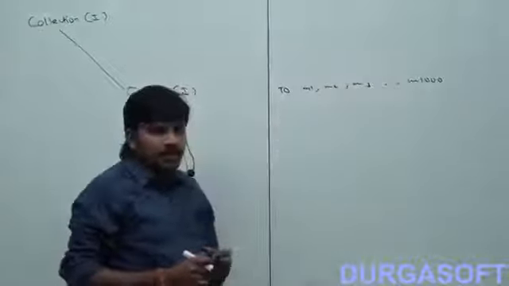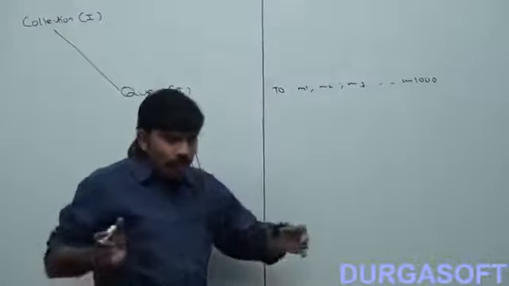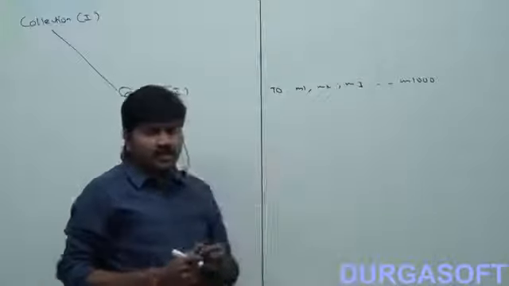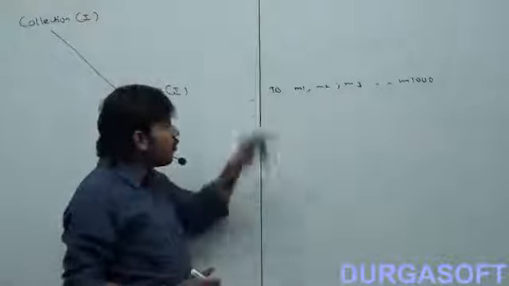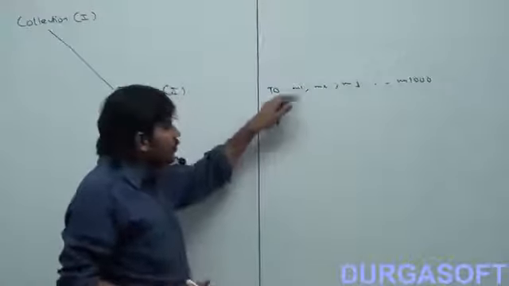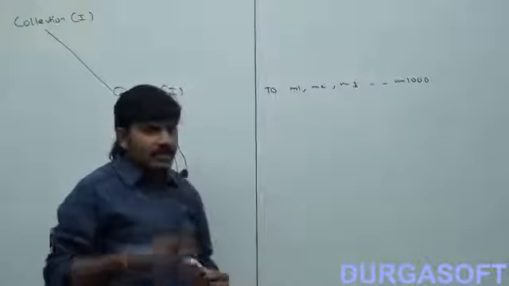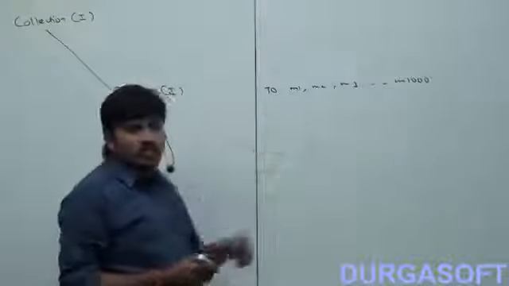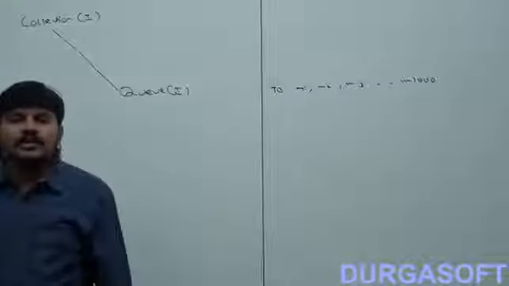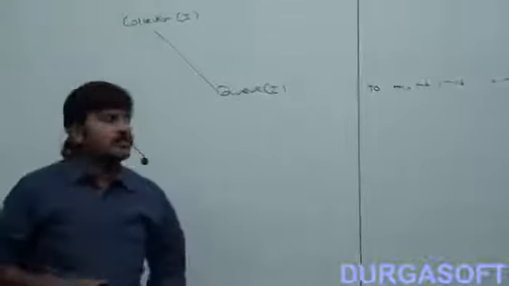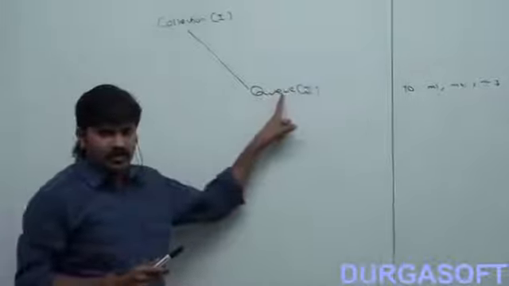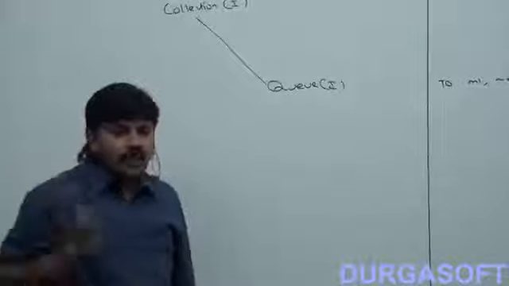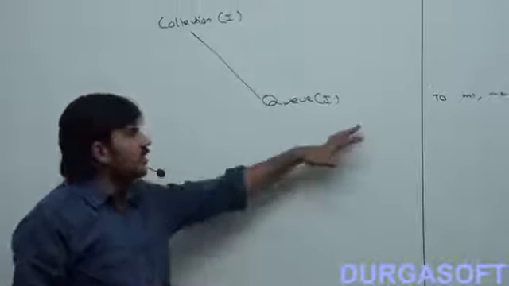If you want to represent a group of individual objects prior to processing, I want to store all these mail IDs before sending a mail. But in which order? In which order we inserted, in the same order only we have to take out. First in, first out. Are you getting it? If you want to represent a group of individual objects prior to processing, then we should go for which concept? Queue concept, right? Before sending a mail, all mail IDs I want to store somewhere, and where we can store is inside the Queue concept.